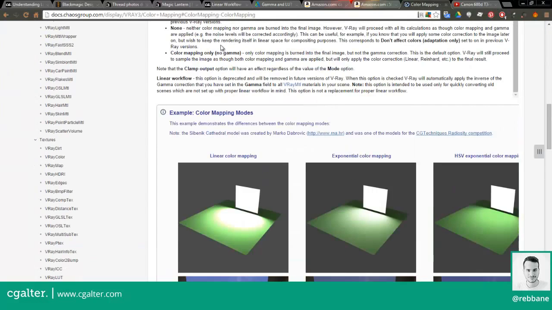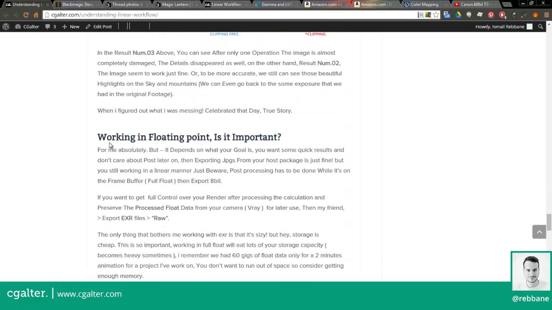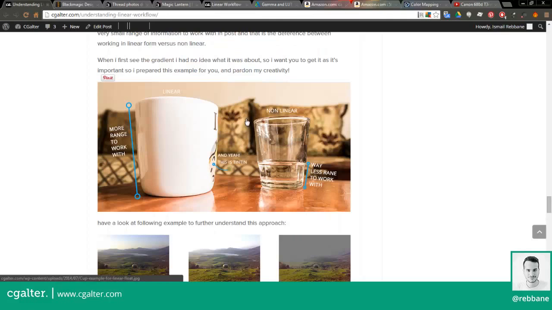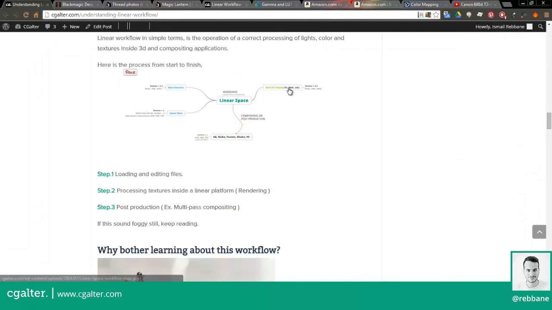All right, so now, what to do next? Now the question is, is working in floating point important? Well, I think you guys know. It is really, really important to work with the necessary range. And remember this cup example. Linear gives you much more range, and non-linear gives you only a little range to work with. Okay. To sum up, I'm just going to show you this